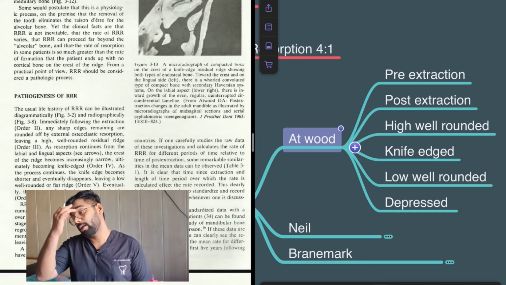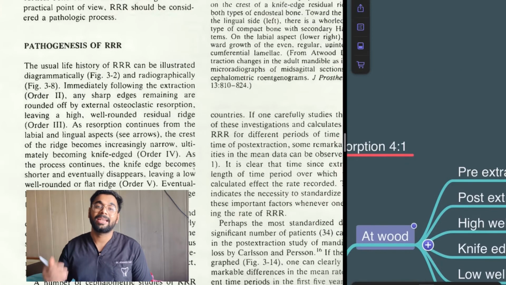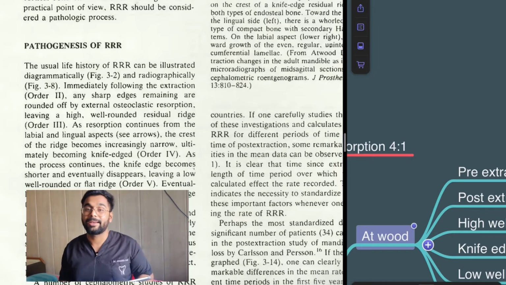What is cumulative? Cumulative is just like adding drops of water into a mug to fill that mug. So before it is called residual ridge resorption, or before you end up in the last stage, your ridge is resorbing at some rate. At every point, your ridge is resorbing little by little every certain point of time to attain a stage, or maybe where your ridge is today, right now. So let's come to the classification.